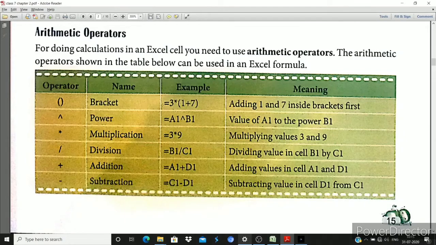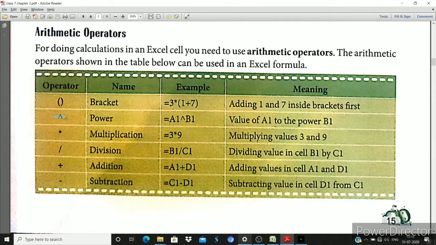Okay, ये क्या करता है आपका, आपके प्रीसीडिंग ऑर्डर को डिफाइन करता है, ठीक है। सो अगर जस्ट सपोज करो, ये एग्जांपल है, 3 मल्टीप्लाई बाय ब्रैकेट में 1 + 7। ओके, सो फर्स्ट क्या करेगा, ये पहले ब्रैकेट की वैल्यूज को सॉल्व करेगा। ओके, एडिंग द 1 एंड 7 इनसाइड द ब्रैकेट फर्स्ट। ओके, देन ये ऐड करने पे आया आपका 8, और 8 को अब ये मल्टीप्लाई करेगा 3 से, तो आंसर विल बी द 8 × 3 = 24।